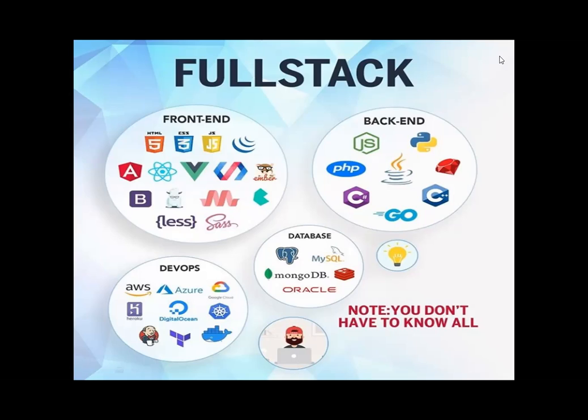So in backend, mostly the people who are specialized in backend, they should know more than one framework. Like they should know PHP, they should know Python, they should know Node.js and C Sharp, because he will be dealing with many projects in different languages. And the front end person who specializes in front end should also know more than one framework. It helps when the person is asked to make a particular code or a program in a specific language. So knowing multiple frameworks helps the person a lot in building the website.